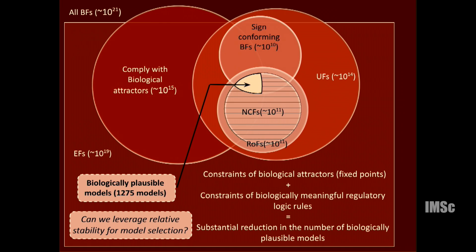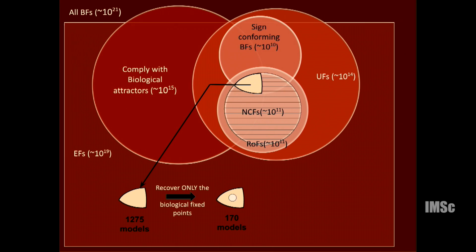Then we wanted to ask, okay, this is good, but if you have a developmental gene regulatory network, it should capture the metaphor of Waddington's landscape, right? Your stem cell should be less stable than the differentiated one, right? So do all 1275 models satisfy that? We don't know. Can we put in that constraint to further restrict the space of models? Okay. So it turns out that